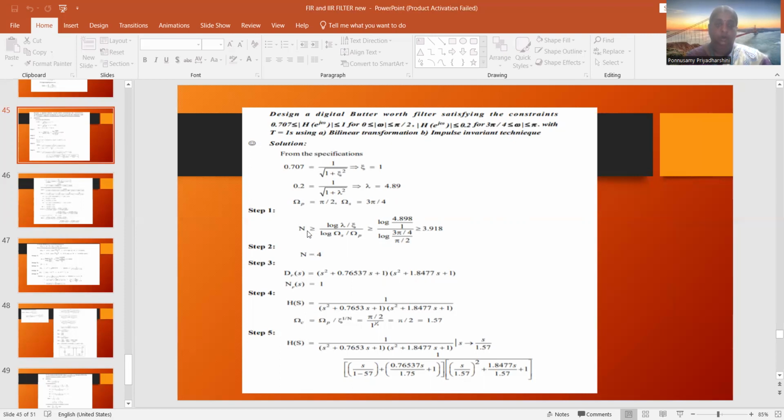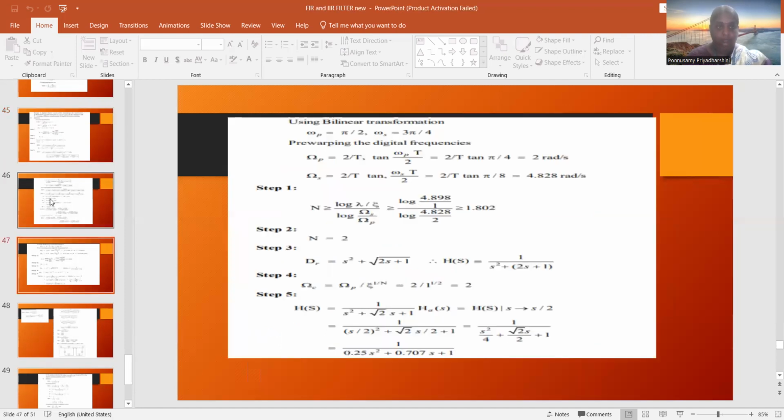So step 1 is to find the order of the filter. If I'm finding the order of the filter, it's around 3.9, so rounding off to the nearest number, it is 4. So if it is 4, the denominator is s square plus 0.76537 s plus 1, and similarly the other factor. Substituting the value of H of s, omega c is equal to omega p by epsilon power 1 by n, and the value is 1.57. So H of s is replaced by s by 1.57, and after the simplification,